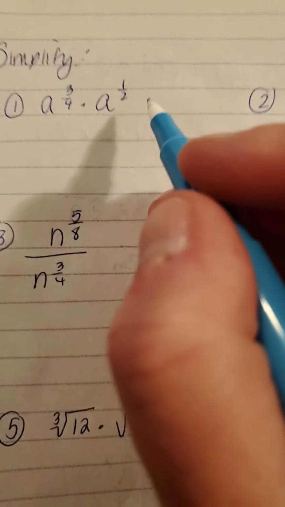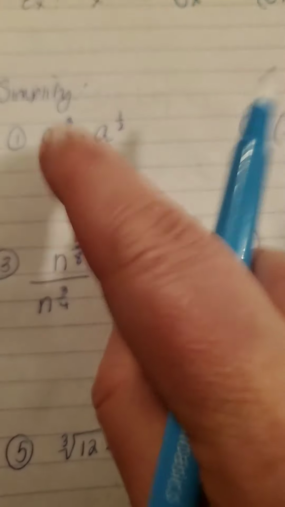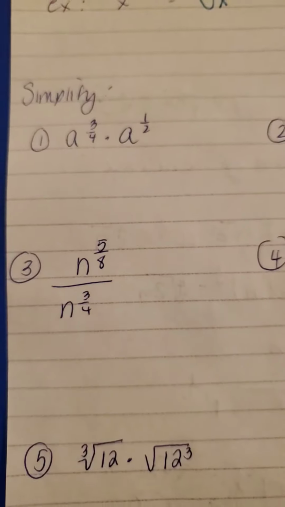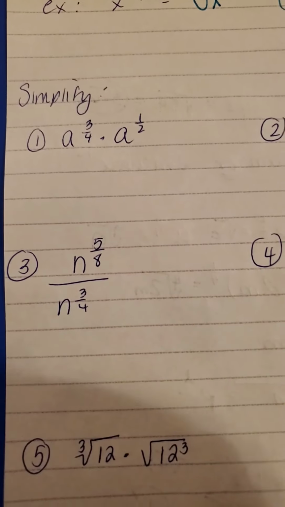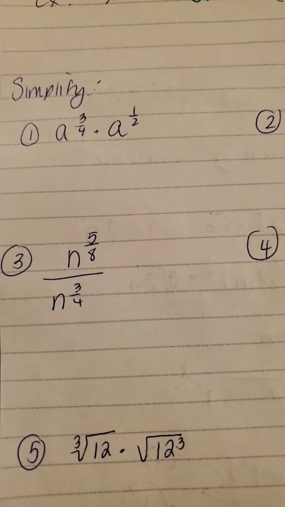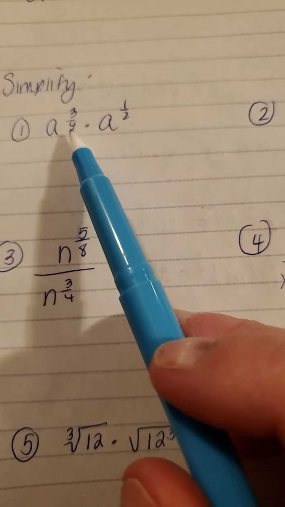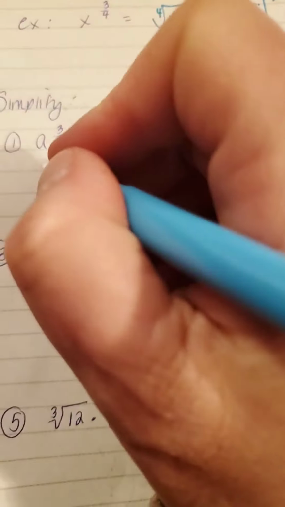A to the 3/4 times a to the 1/2. You can switch these to radical form, but it's not going to do you any good. So you need to think about what your exponent rules are. When you're multiplying two like bases, you add the exponents. So this is 3/4 plus 2/4, which is